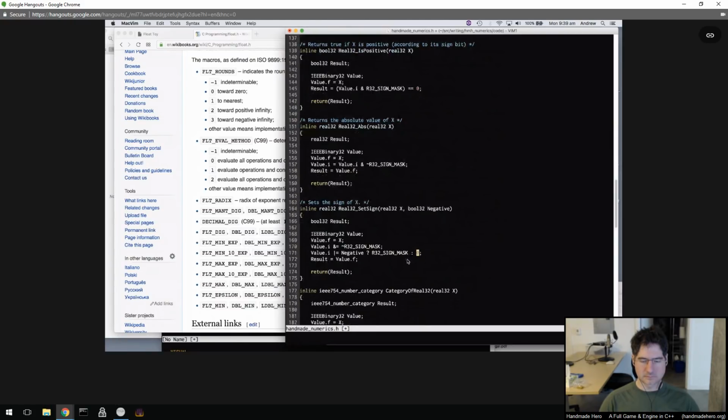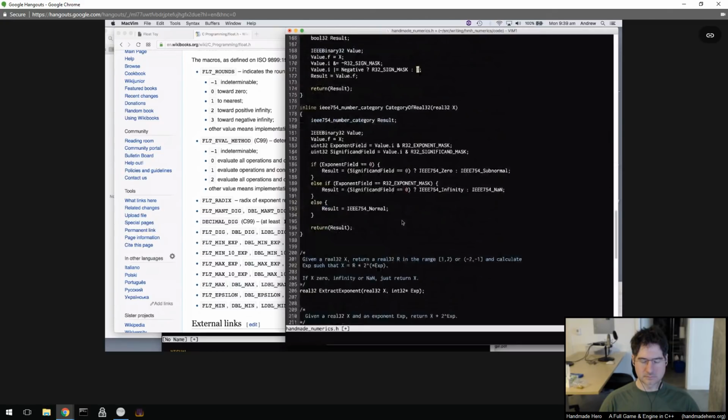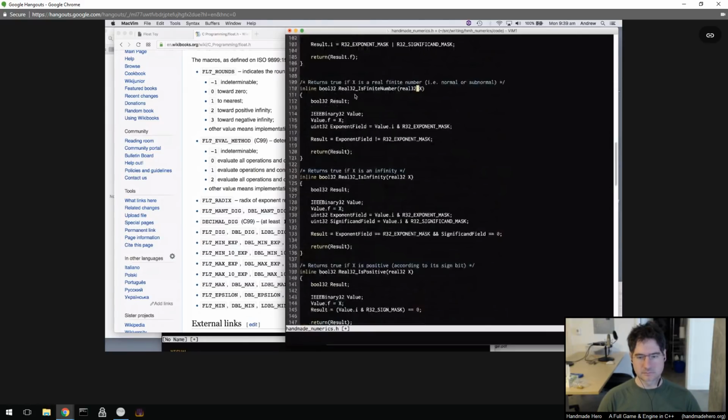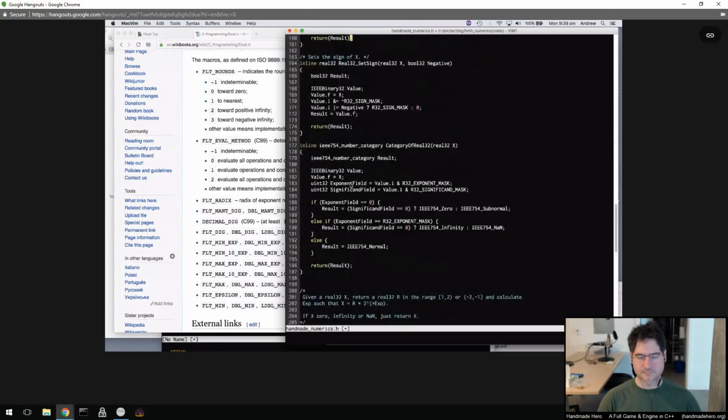All right, this is the function that takes this enum up here. It takes a number and categorizes it as to what kind it is. So we extract the exponent field, the significand field. If the exponent field is 0, then it's either 0 or subnormal. 0 is a special kind of subnormal, but